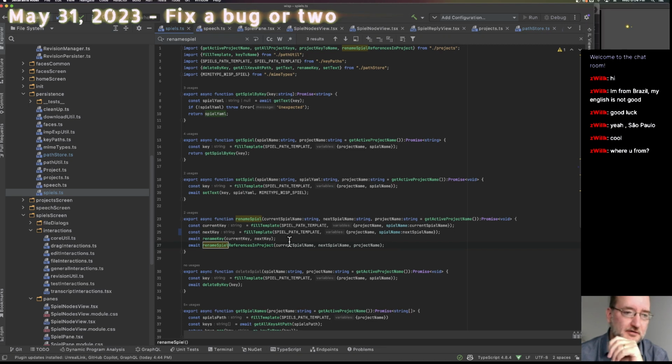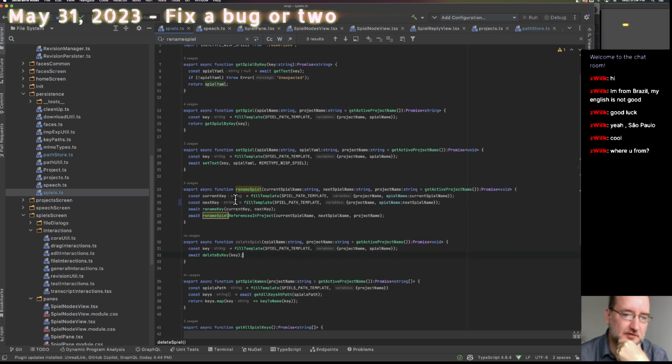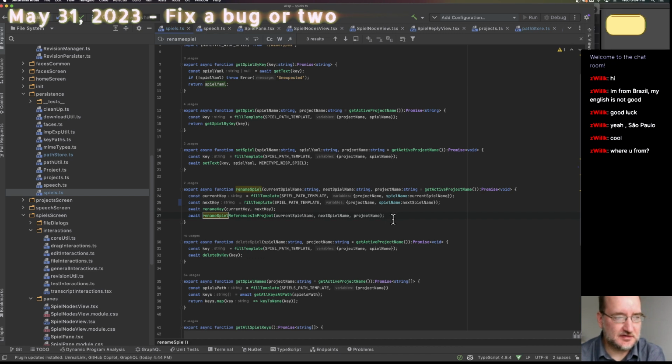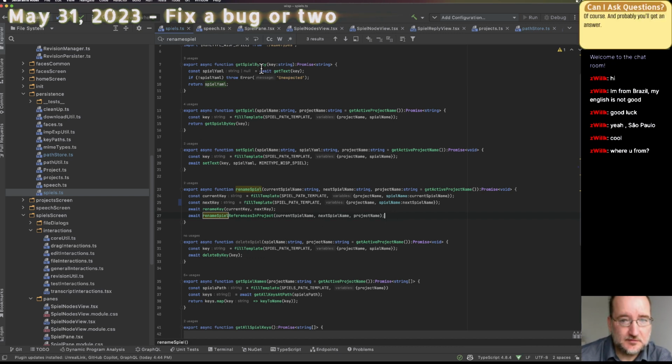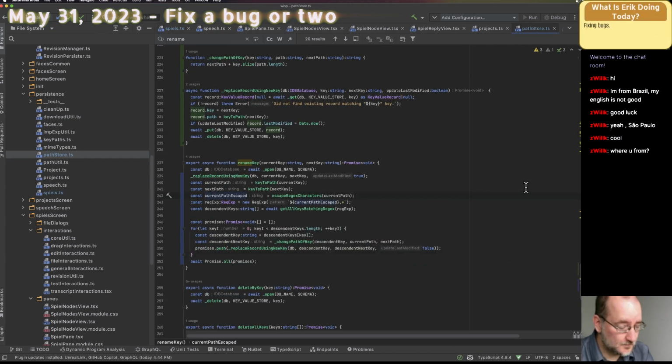I know why those records got deleted. Because after I renamed the Spiel, they were no longer attached to anything, so the cleanup function probably just deleted them. Okay. So let's go back to path store, rename key. So what is current path used for?